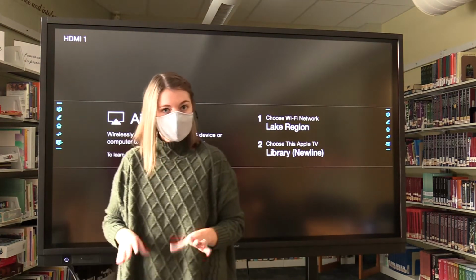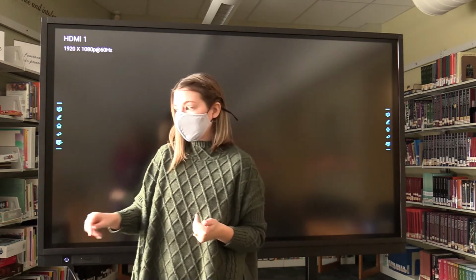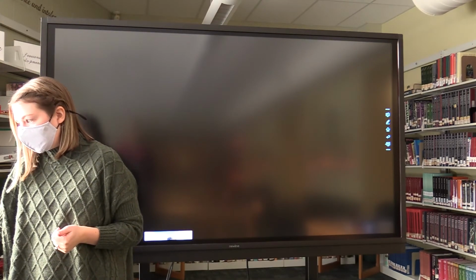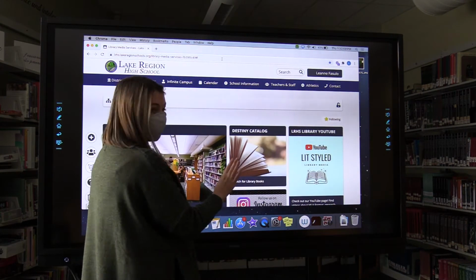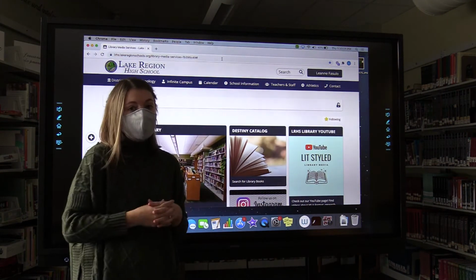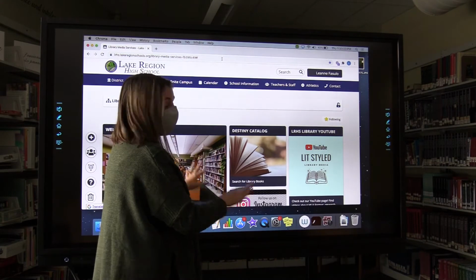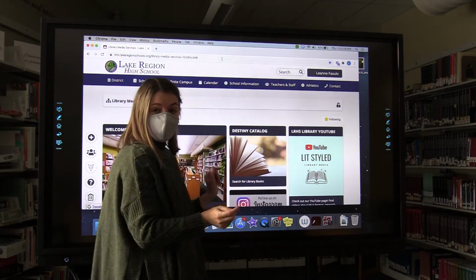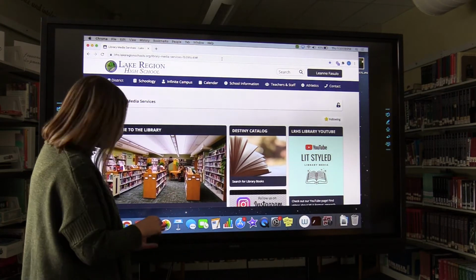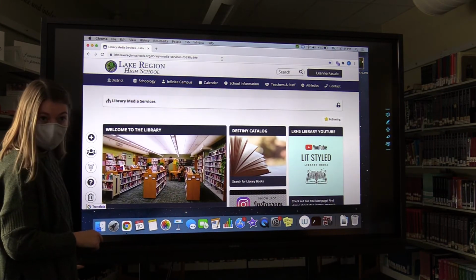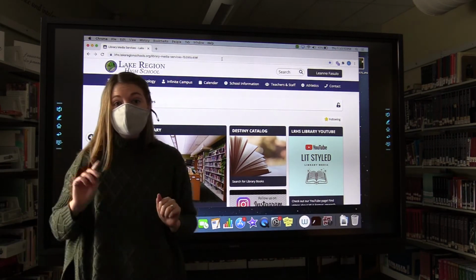And now it's time for me to connect on my laptop using the Apple TV. So I'm going to use the Library Newline Apple TV because that's the one that I'm connected to on my Newline. And then this web page shows up. So I am able to play videos on this, and there is sound within the Newline, so you can adjust the sound physically through the computer connected next to where the power symbol is, or you can use your laptop